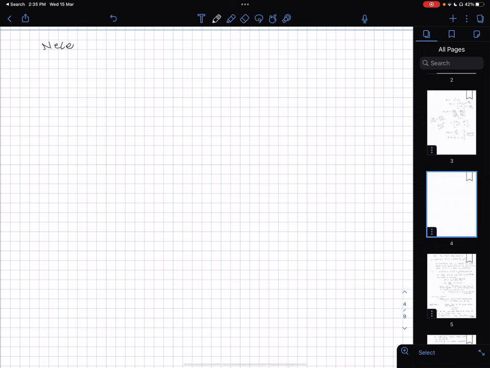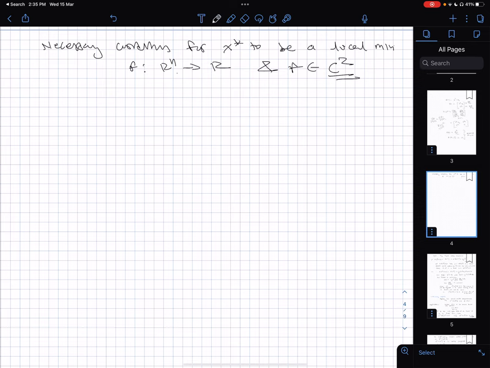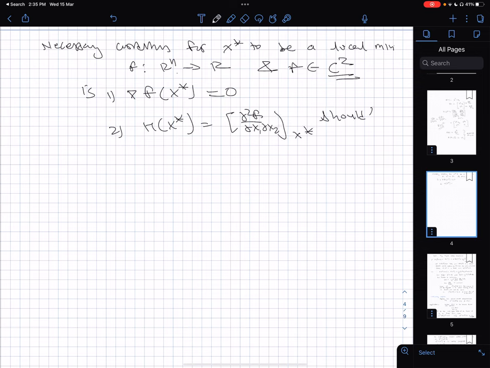The necessary conditions for x star to be a local minimum of this multivariate problem, minimize f, a function from Rn to R, f twice continuously differentiable, is that the gradient vector of f at x star should be 0, and the Hessian matrix H of x star, which is the matrix of second derivatives of xi xj evaluated at x star,